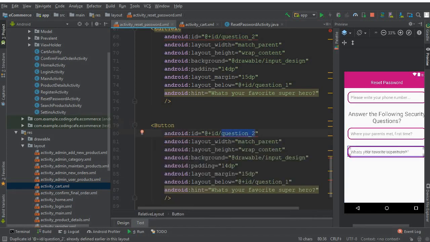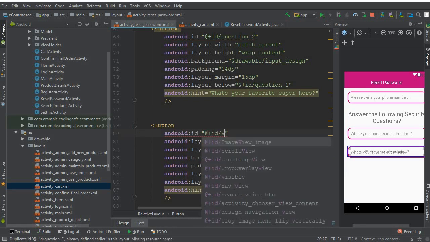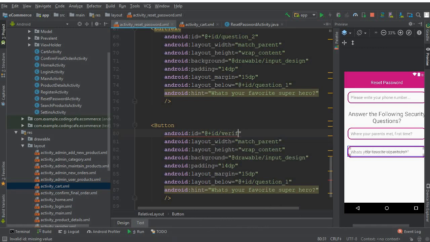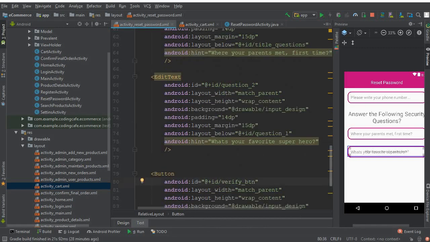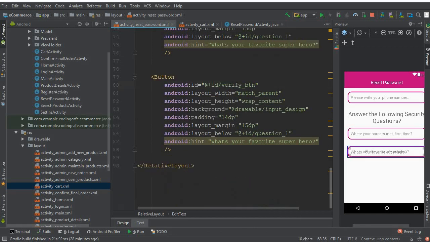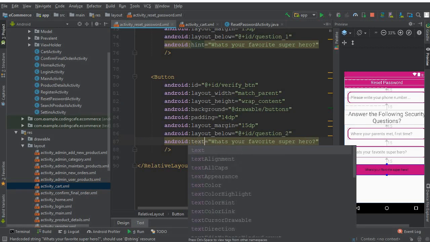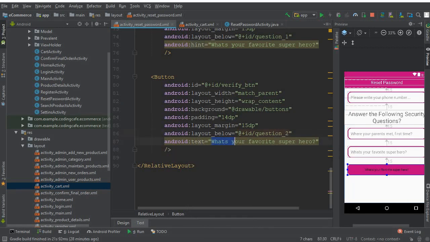And now replace this question 2 with, let's say, verify, and let's move this below question 2. Okay, which is this one, and make sure to change this input design to button, drawable buttons, and we have this hint, so change this to text,